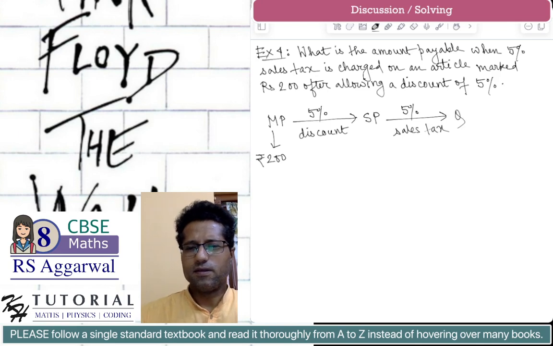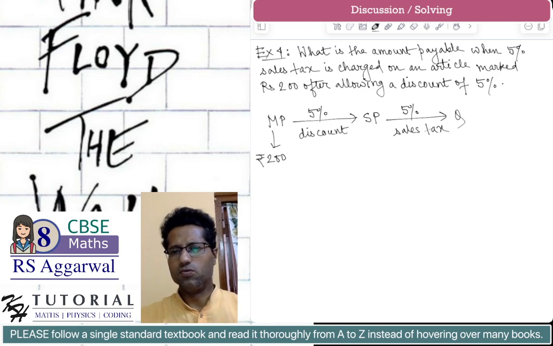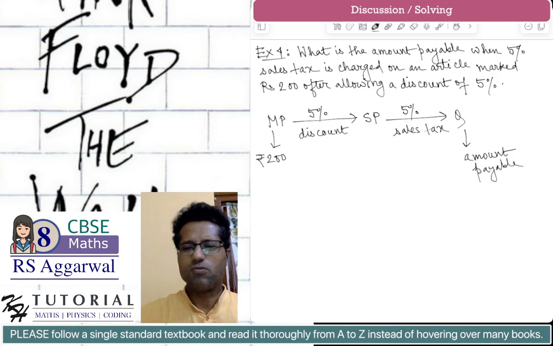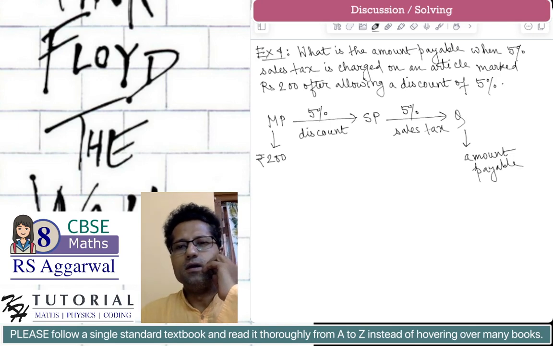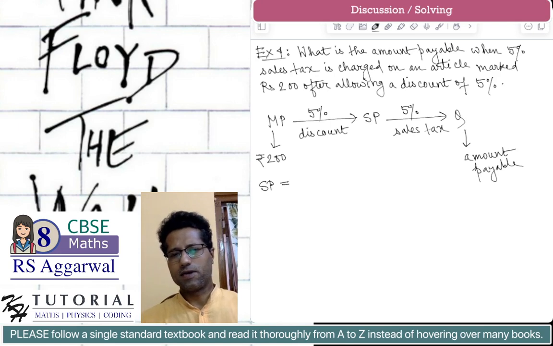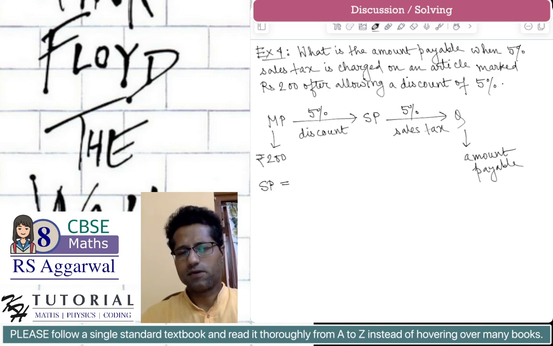And finally, the amount payable is Q. This is the amount payable that we have to find. Okay. So what will be SP? SP is nothing but the reduced price when a discount of 5% is applied on the mark price. So we can say SP is 5% less than